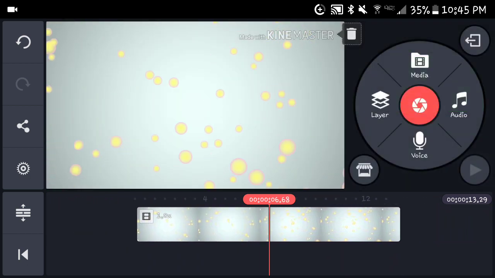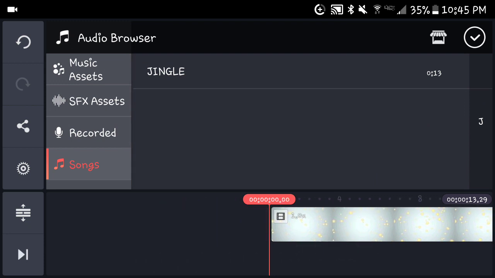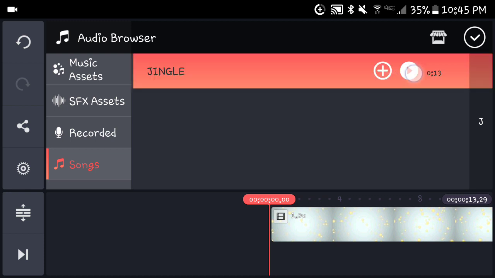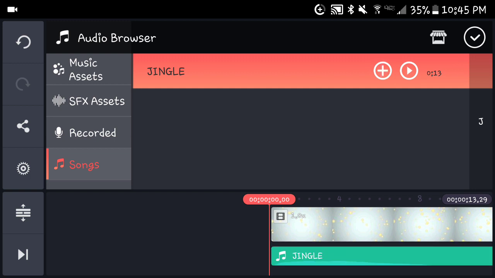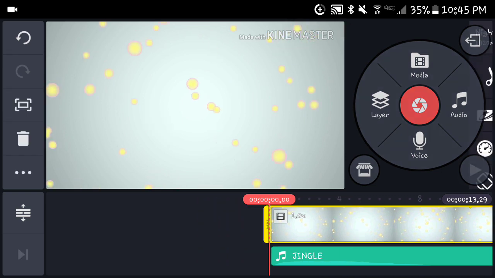And then go to audio, and I'm using the same jingle I used in the previous tutorial. Make sure you start at the beginning every time you import something. So let's play this. To import it, just click on the plus sign and it will be there. And then going back to the background, go to layer,